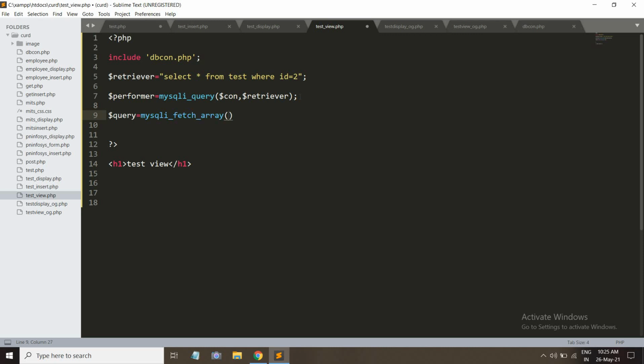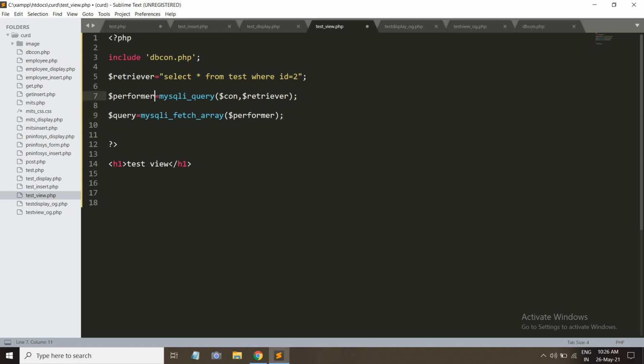We write this function and it will simply store this performer part. So this mysql fetch array will fetch the data whatever comes and get stored in $performer, and in $performer